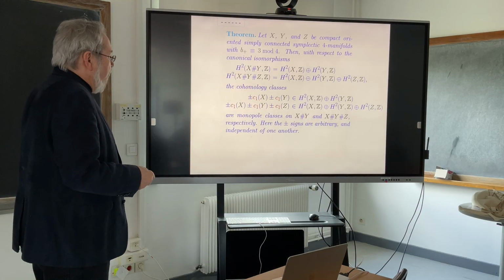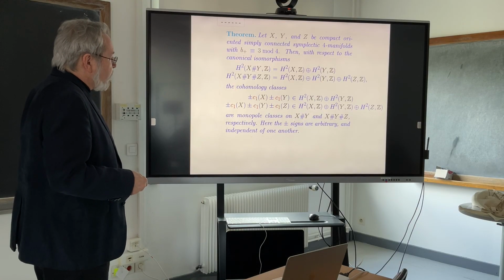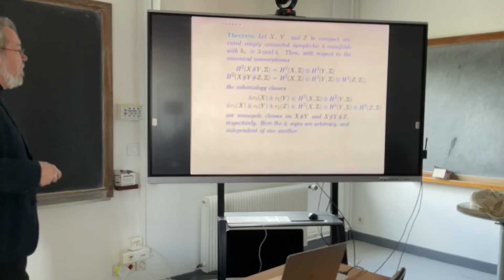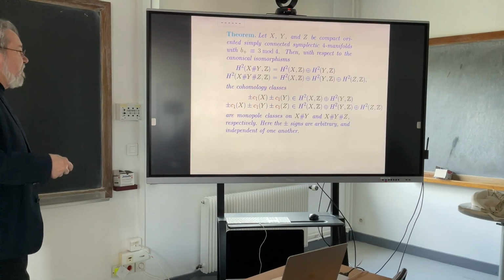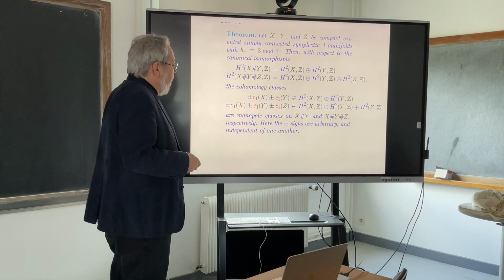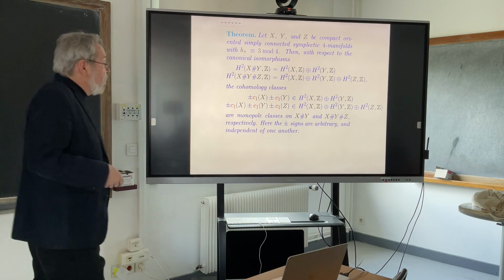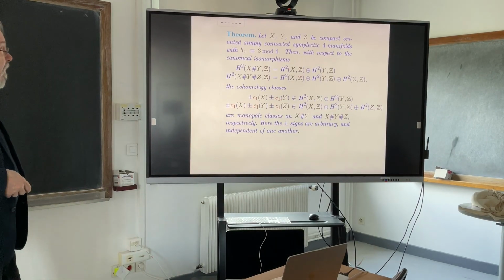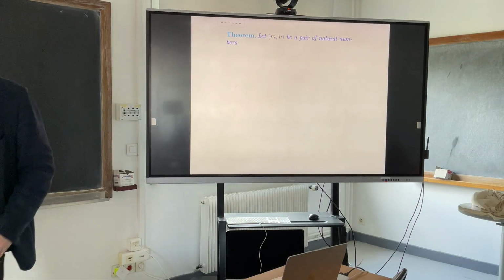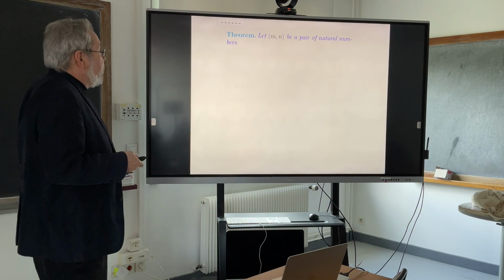You would get 8 different monopole classes out of this if you had 3 summands. And if one of these is not minimal, then there's the standard trick: you get more monopole classes just by relating the first Chern class to the first Chern class of minimal models. All right, so without going into further detail, let me just give you a very nice application of this